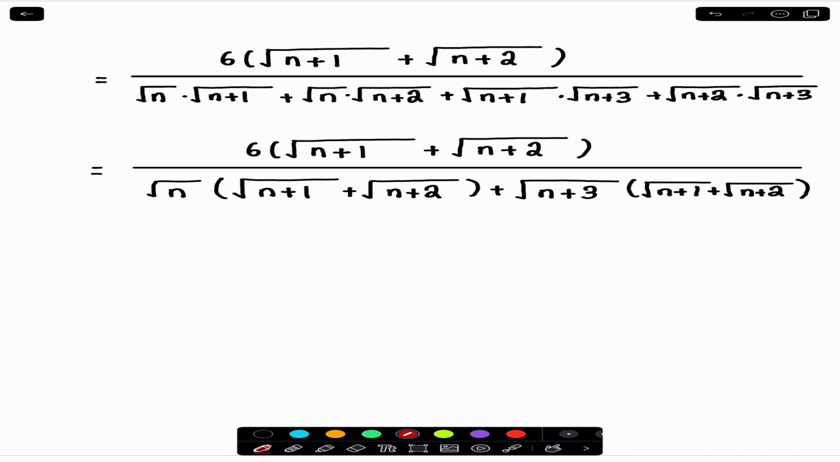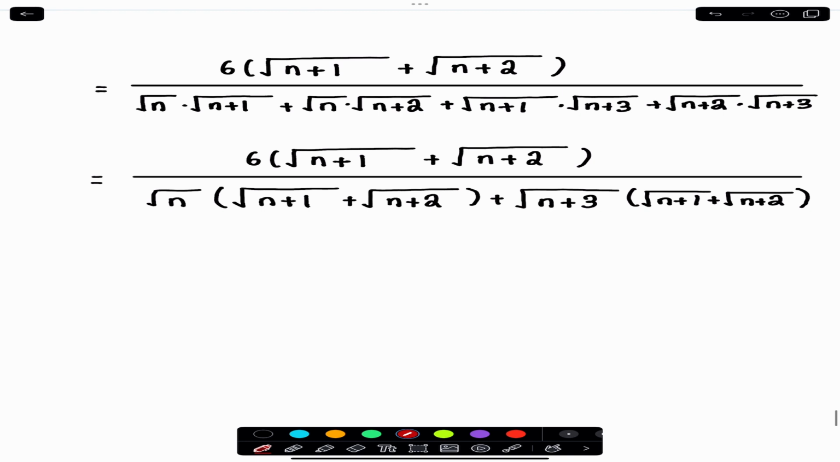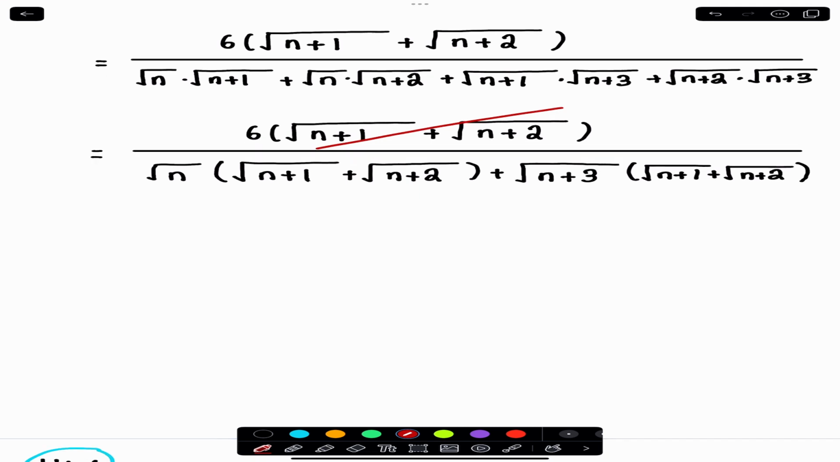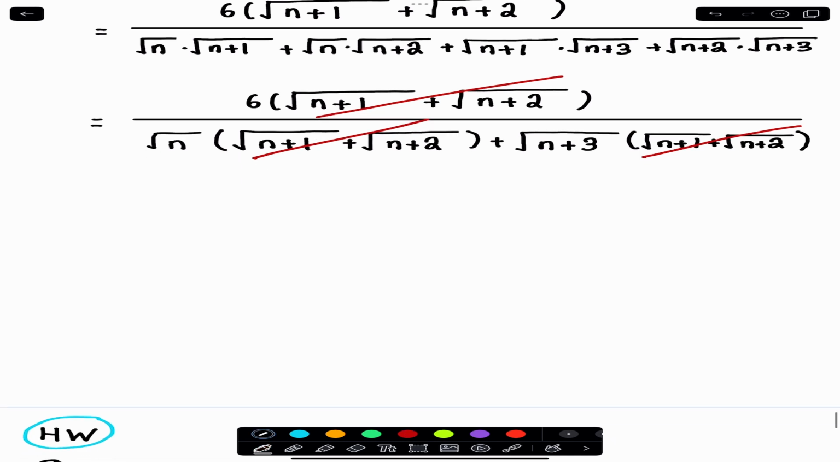And now we see some cancellation can happen. Every term has a common factor of this giant sum, root n plus 1 plus root n plus 2. So those can go away. So what are we left with? Well, on the top, we are left with 6, just the number 6. And then on the bottom, we are left with